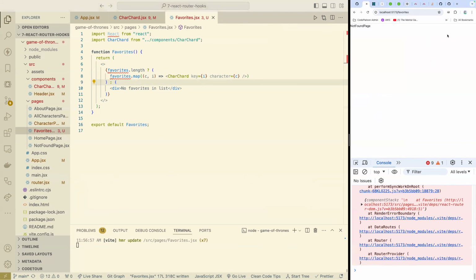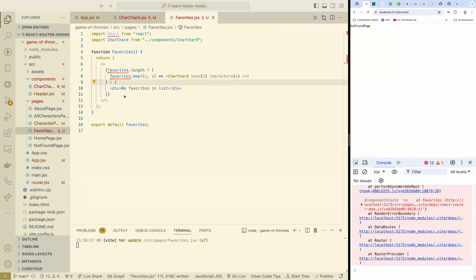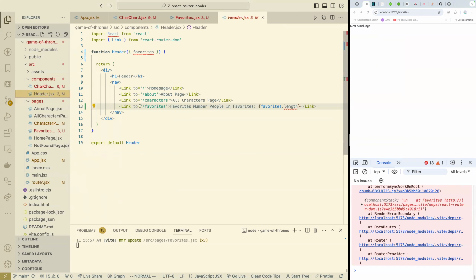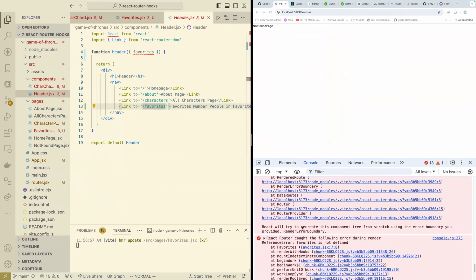let's see, what did I do wrong here? I wonder if I did something wrong in my routing. So let's take a quick look at router.jsx. It is indeed favorites with a slash at the end. Let's take a look in header to see if I got that link wrong. I think that should be okay. But, oh,